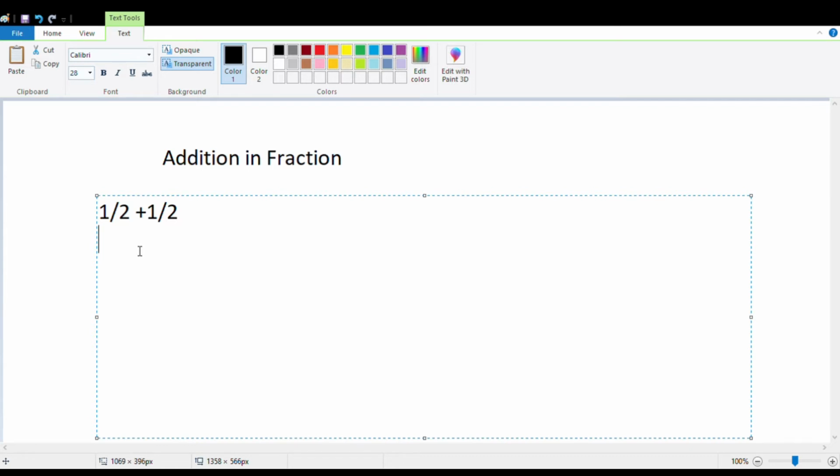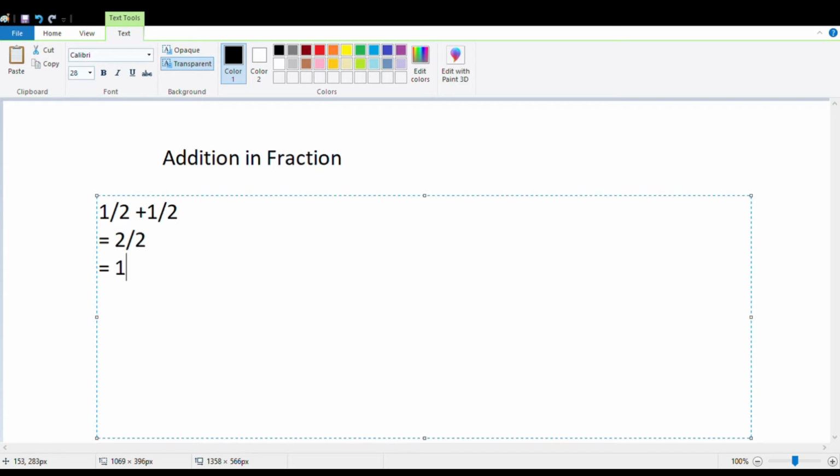So 1 by 2 plus 1 by 2: the denominator will always be the same. But the numerators, whether different or same, you add them. What is the answer of the numerators? The answer will be 2. So 2 by 2. Now, there is another rule that 2 by 2, 3 by 3, 4 by 4, 5 by 5, 6 by 6, those will